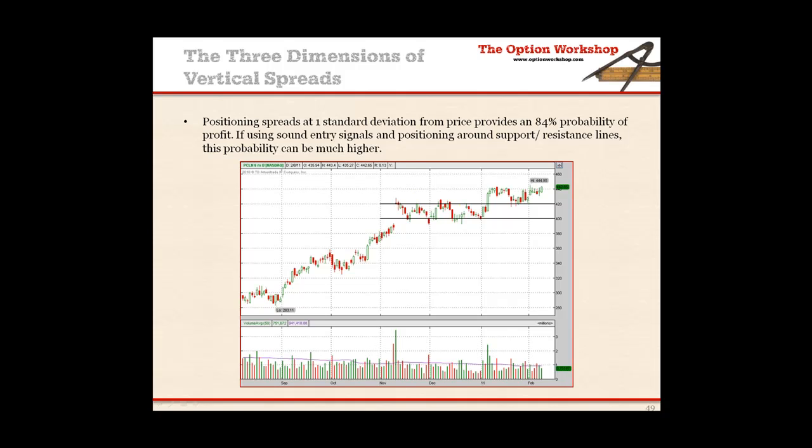On this particular trade, let's say we're making a trade in here. If we see price breaking out of this pattern and we decide, hey, this is breaking out, I'm going to put a trade on. What you can look for, besides trading at a standard deviation away from price, is that you now have a line of support here where resistance once was. You have your previous line of support here or here, depending on where you see it. If you can get your spread in with your short strike here or here, which is where I actually got it on this trade,